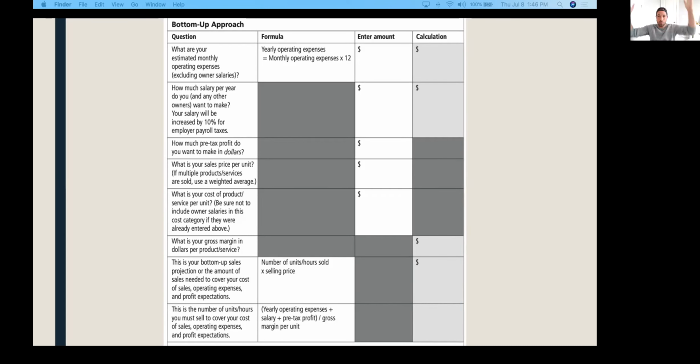So we look at many more variables in the bottom-up approach. First thing we look at: what's your estimated monthly operating expenses? Actually, I can use this side of the screen here. And that's excluding any owner's salary. So we take whatever our estimated operating expenses are, we plug it in here, and then we times that by 12 to give our total. And then we want to know how much salary per year you and any other owners in your business